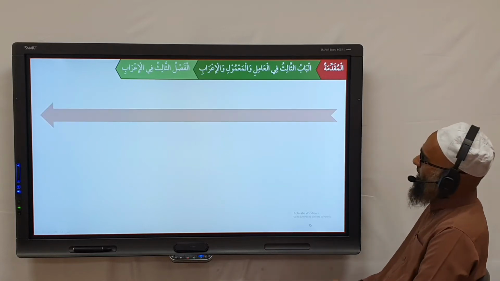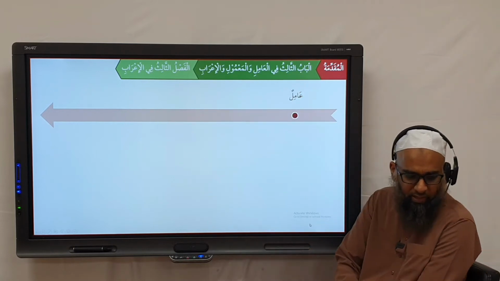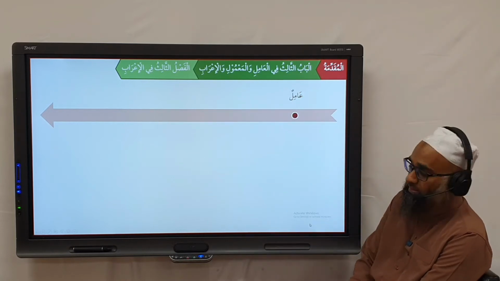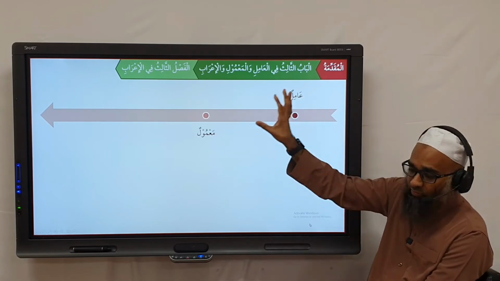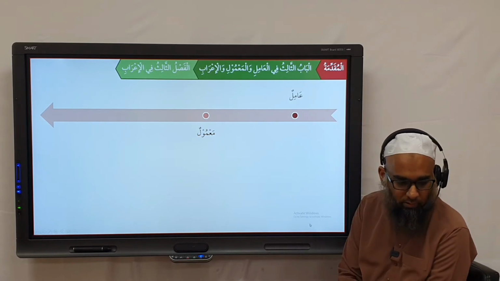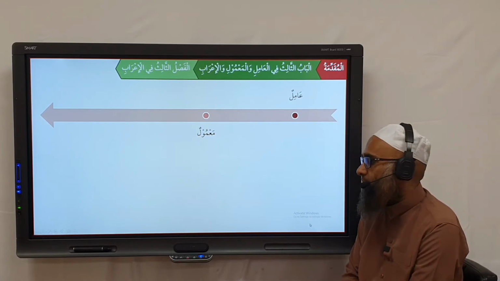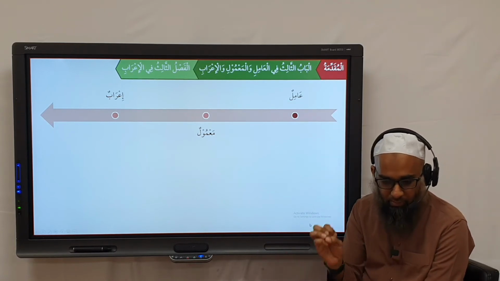Okay, so if you look at it here, we have an amil. What is the amil's effect? What is the effect? The ma'mul. And this effect is manifested how? Via what? Via an i'rab, correct. So the amil is a governing particle, it affects a ma'mul, and then the ma'mul shows its